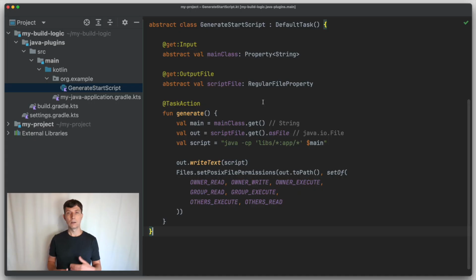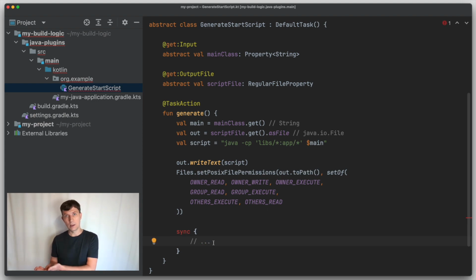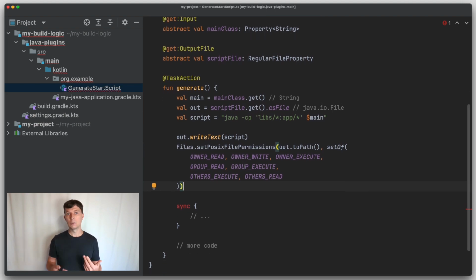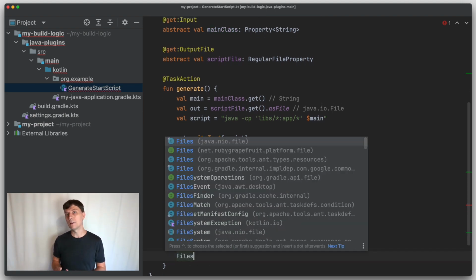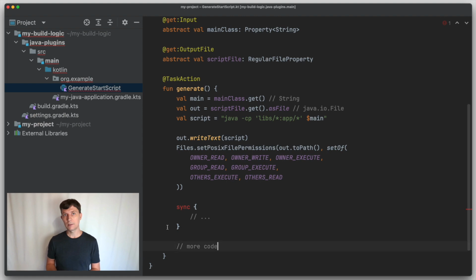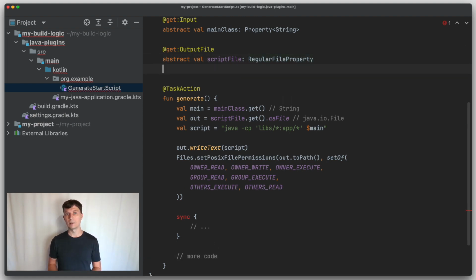Now, assuming you have your own task implementation, there might be situations where you would like to do a syncing or zipping as part of the logic that you implement inside your task. So you don't want to do the sync as a separate step, but you would like to do it as part of the logic you implement inside your own task action. You could do that from scratch by using standard Java file operation APIs or libraries, but Gradle also allows you to use the same mechanics sync and zip task use inside your own tasks.